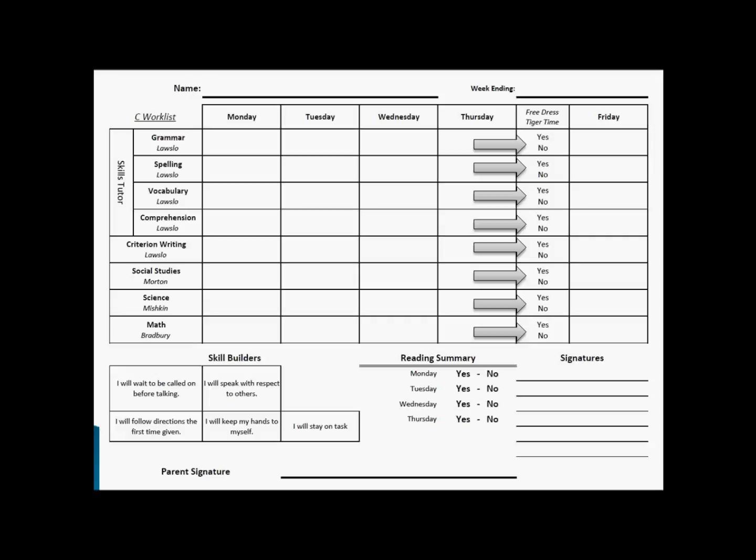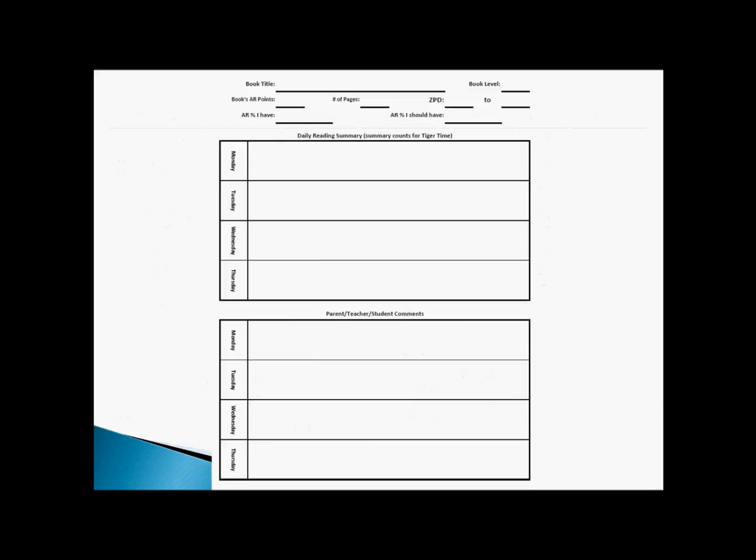Students should always have an AR book with them. We visit the school library each week, but students are not limited by this. We have Accelerated Reader Enterprise, which means each student has access to over 137,000 quizzes. On the back of the work list, students are required to have the name of the book they are reading, the point value of the book,